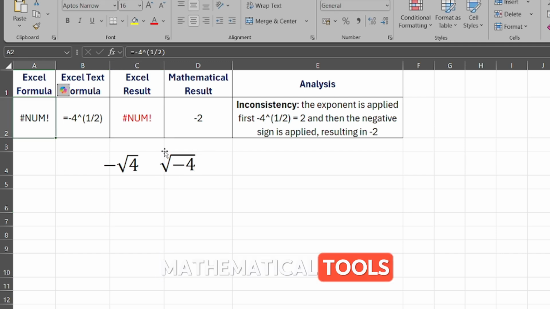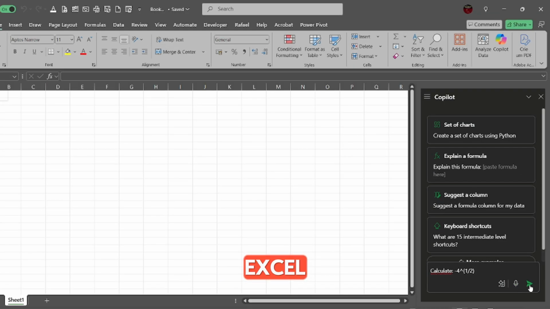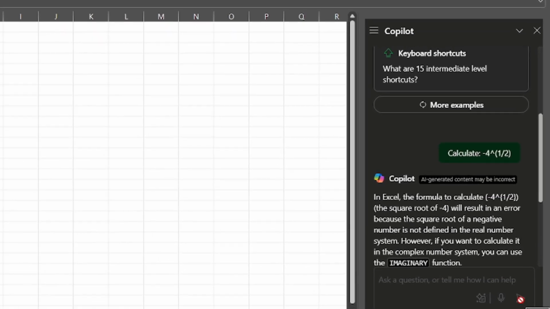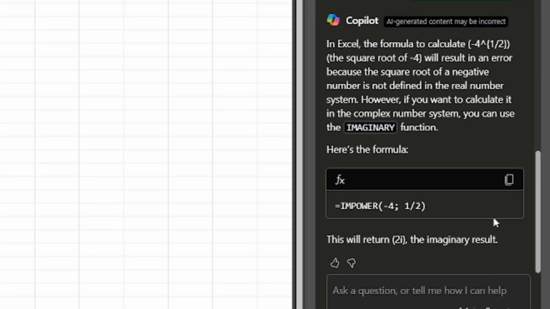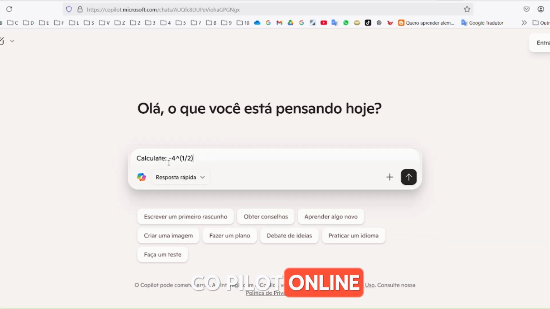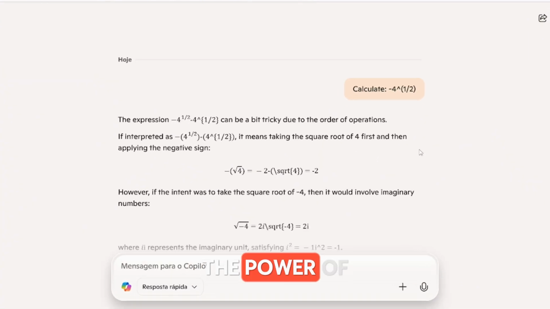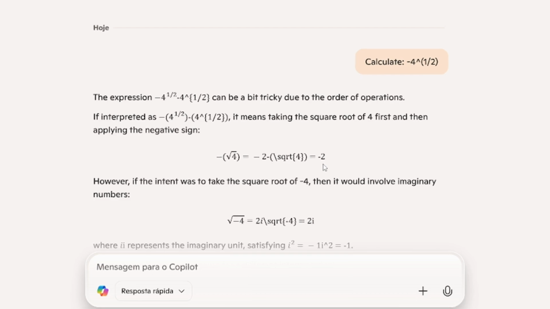available mathematical tools. Copilot in Excel may present challenges in interpreting certain mathematical expressions, highlighting the importance of manual review to ensure calculation accuracy. Copilot Online correctly interprets the expression -4 to the power of 1/2, following the order of